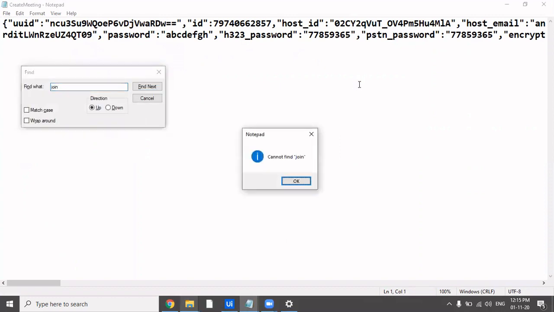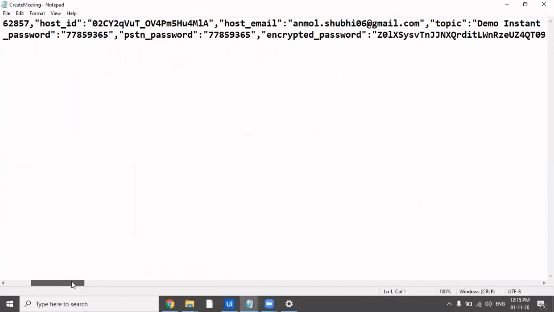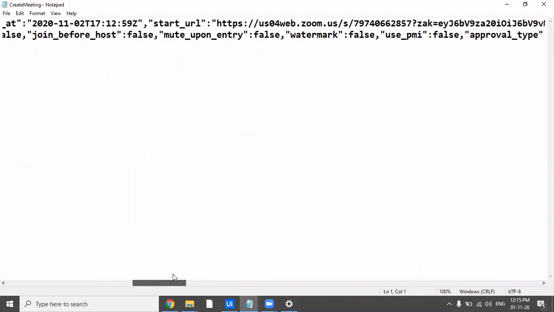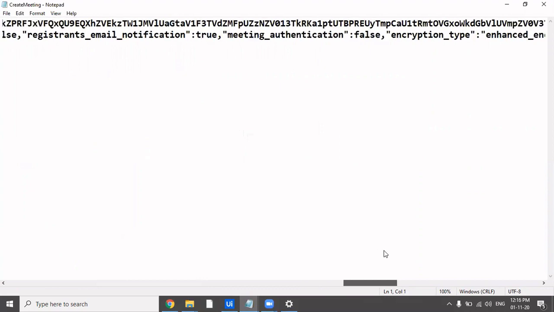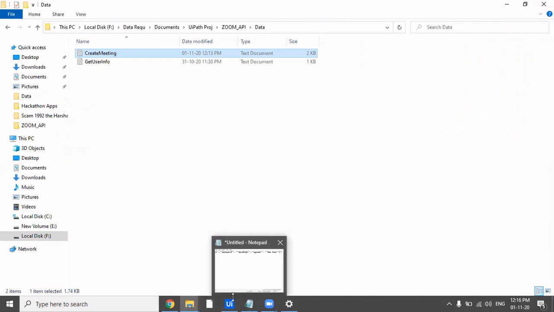So let me check here. Cannot find join URL. That's okay, so we must be having some other key. The start URL, the join URL. Just a second.